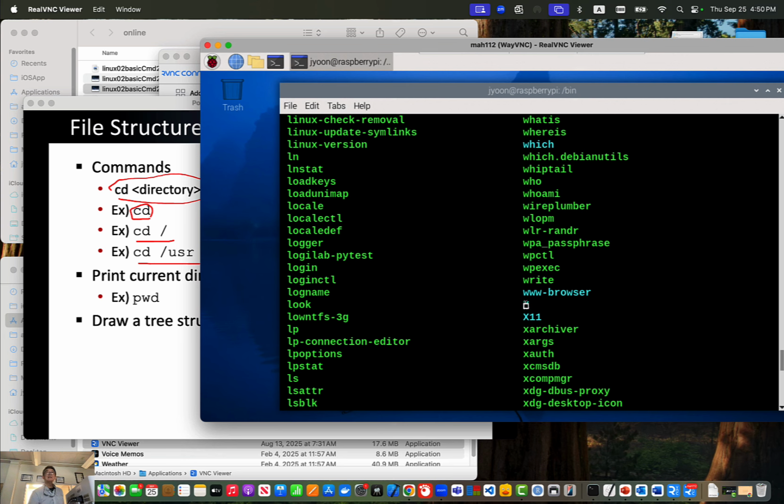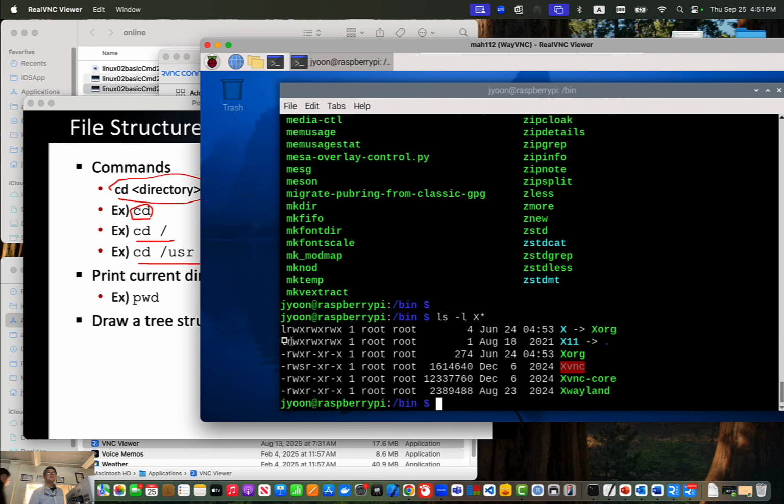This X is not green, but this is not blue, a little different. X11 as well. So what is it? It means it starts with the l, right? Start with the l. If it is a directory, then it should say, for example,